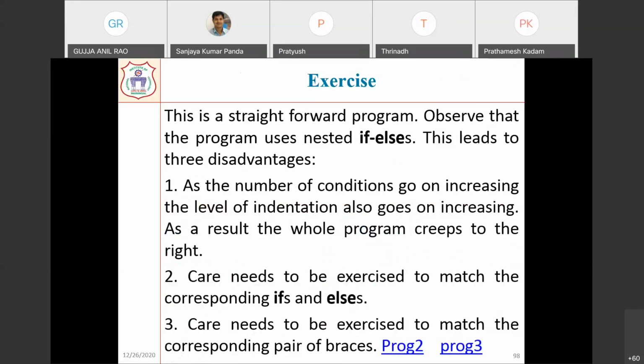Okay, so here you can see this is a straightforward program. Observe that the program uses nested if else. If you see in this case, it is using the nested if else. Nested if else means an if inside another if is called a nested if. This leads to three disadvantages. What is the disadvantage? First one is, as the number of conditions go on increasing, the level of indentation also